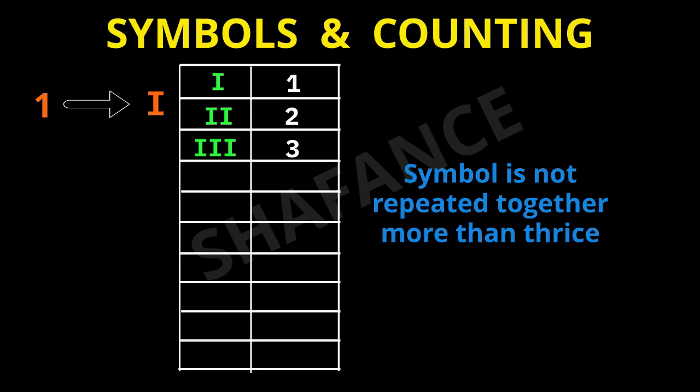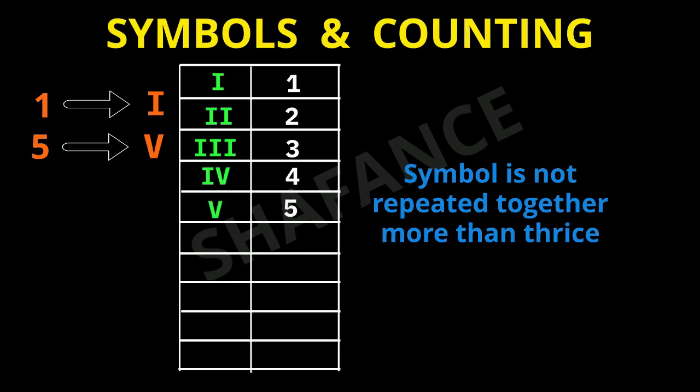So now let us see the symbol of 5. The symbol for 5 is capital V, similar to capital V that is used in English alphabets. So now for writing 4, we must subtract 1 from 5. So how do we subtract? We keep the symbol of 1 on the left hand side of V. V is the symbol for 5, and we write symbol of 1 on the left hand side. That means it is subtracting from that. Symbol of 4 is this. And for 5, we get V.